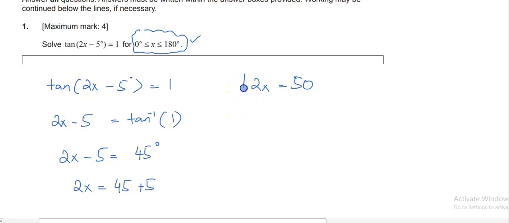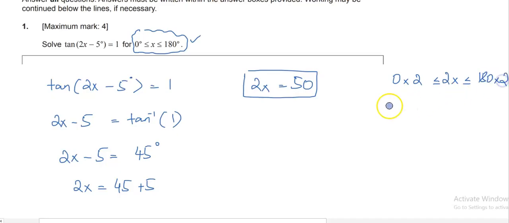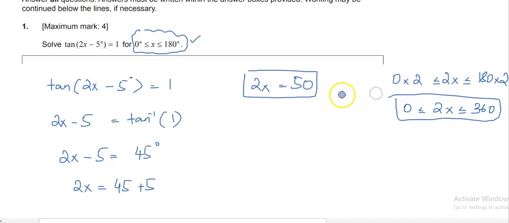And now because that's 2x, that's double the x. So what we will be doing is multiplying our interval, which is 0 less than x, which is less than 180, by 2 as well, right? So I'll multiply all of that and update the interval. So this is the interval that I have now. For this 2x is equal to 50, I'll be looking for the respective angle in the 0 to 360